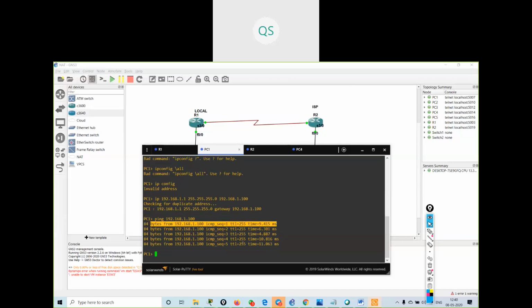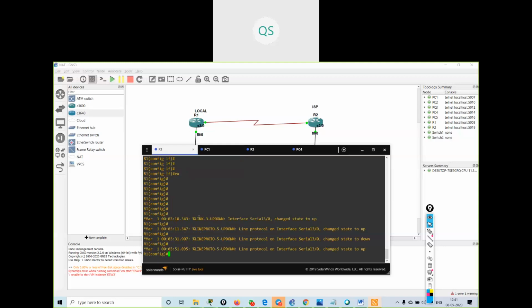Okay, but if I try to ping the other LAN network, suppose I configure static routing, then will I be able to ping the other network? So what I will do on R1, I will give a default route.